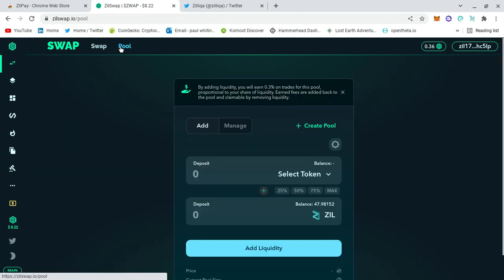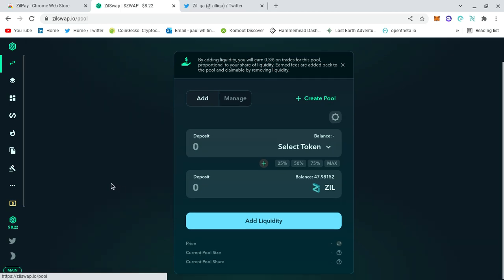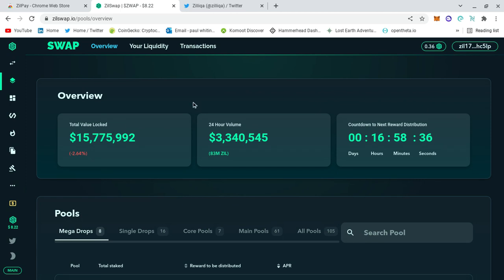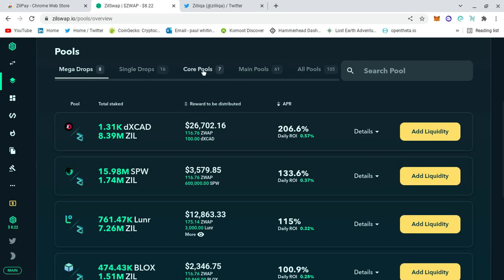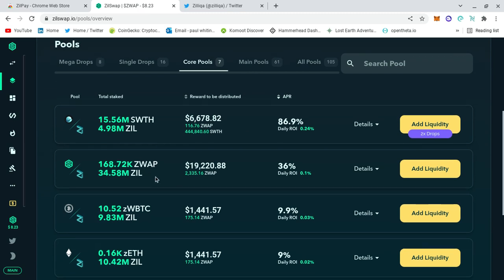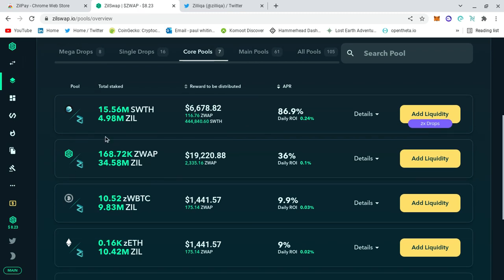So basically you would find a pool, guys. I've already done this. You can go into other pools on the left hand side. You can see the total value, and these are the core pools. So that's like the two main pools there, the mega drops and stuff like that. But the core pools, you would just look for the tokens that resonate with you. Some of these are very high APR but come with more risk. So I'm not too sure on these tokens here, but these are the two, and also Gzil that you can